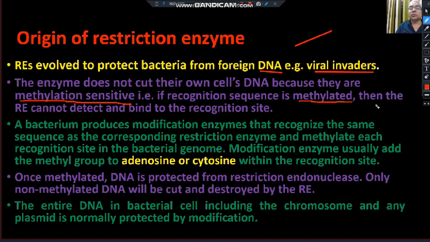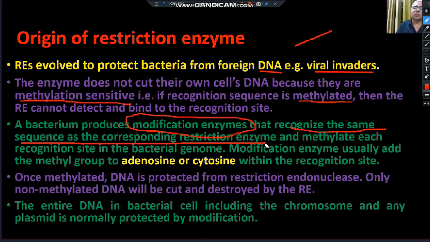And how is this possible? In fact, a bacterium produces a modification enzyme. With the restriction enzyme, a modification enzyme is always also associated. These modification enzymes recognize the same sequences as the corresponding restriction enzymes. Meaning, जो sequences restriction enzyme determine करता है, उसी सेम सीक्वेंस को ये मॉडिफिकेशन एंजाइम भी डिटरमाइन करता है, और ज्यों ही उसका पता लग जाता है कि